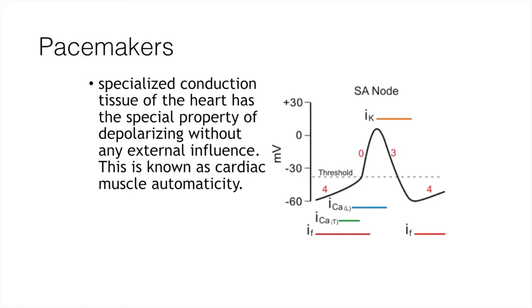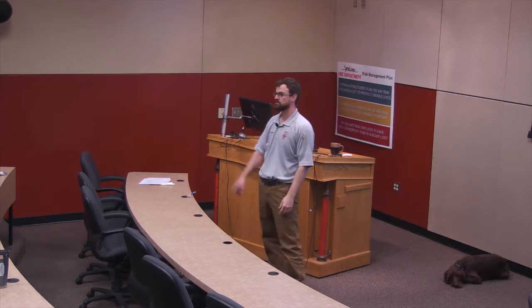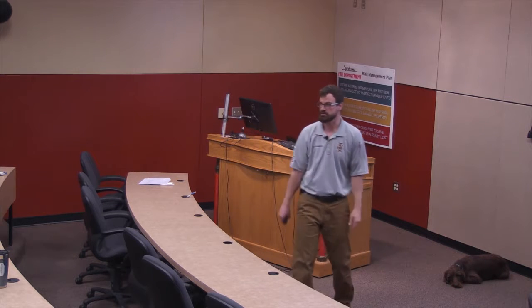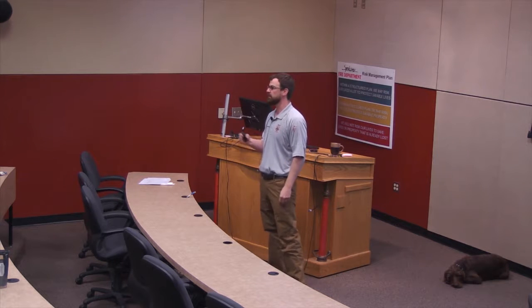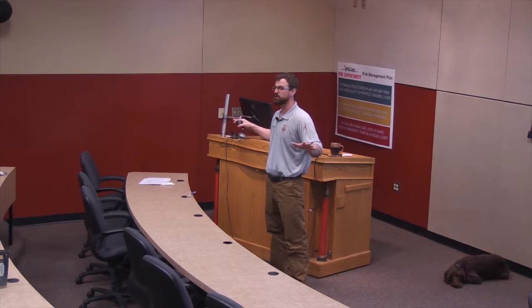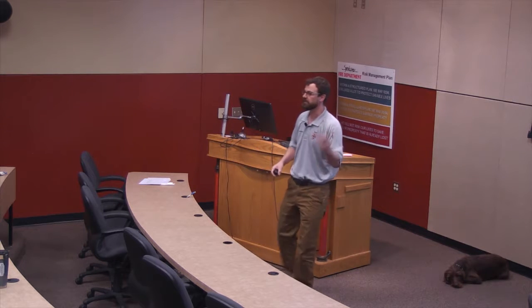Technically, every cell has automaticity. It's just the rate that they will reach that threshold event. So my sinus node reaches it faster than my junctional cells, which reach it faster than my ventricular myocytes, right? So I have a sinus node, a junctional escape, and a ventricular escape. That's how we have escape beats, right? It's because someone's got to trigger the event. Everybody else is waiting to be triggered, but I need something to trigger the event. Automaticity allows for a spontaneous signal to generate, okay?